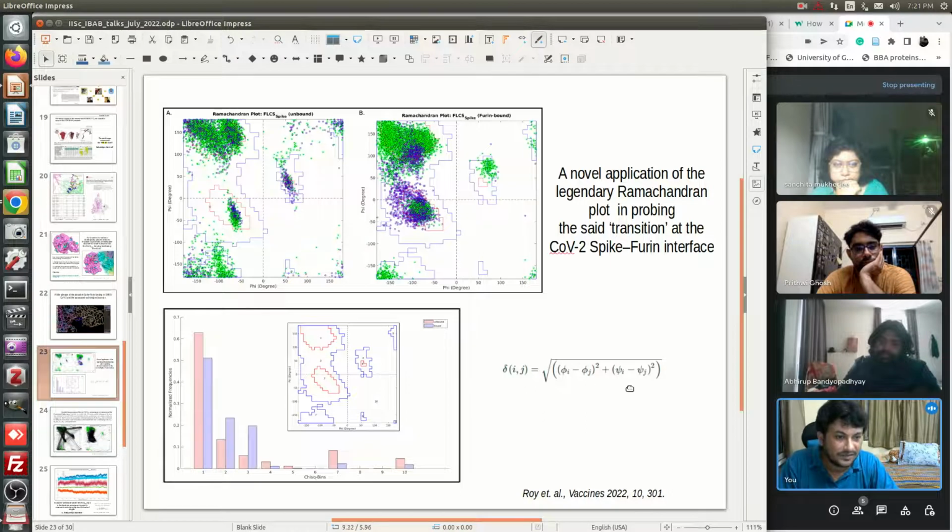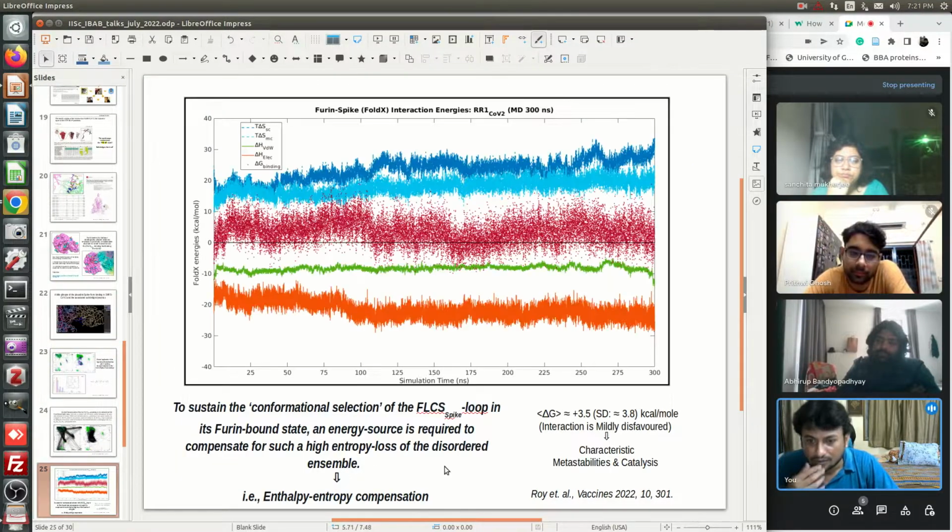We designed a metric in this vector space, a 2D metric, that is basically the distance between the phi psi points in this 2D plane, and then we did some statistics like computing the decile or the quartile, the 75th percentile, and then we did a test of significance, and we found out that these changes are really significant, just like chi-square. So in the last